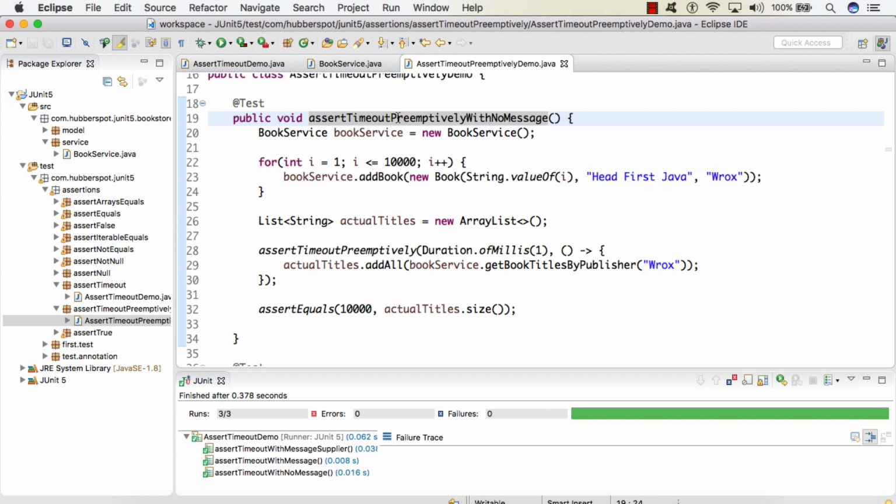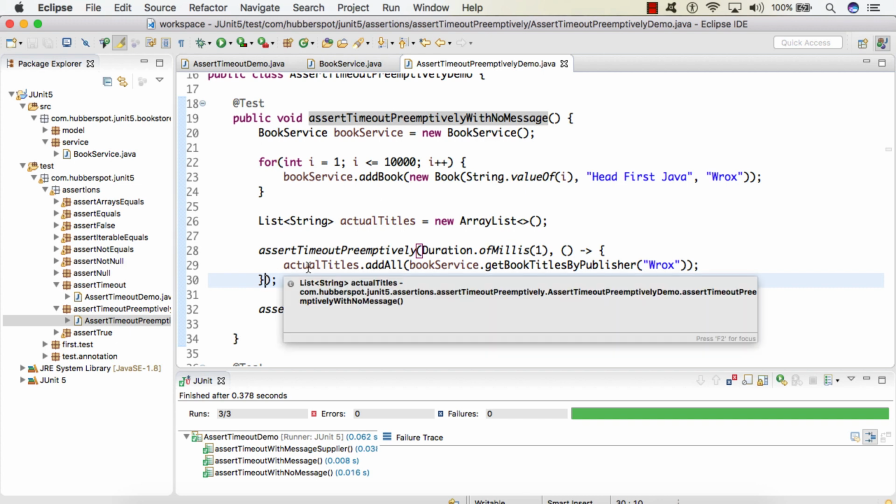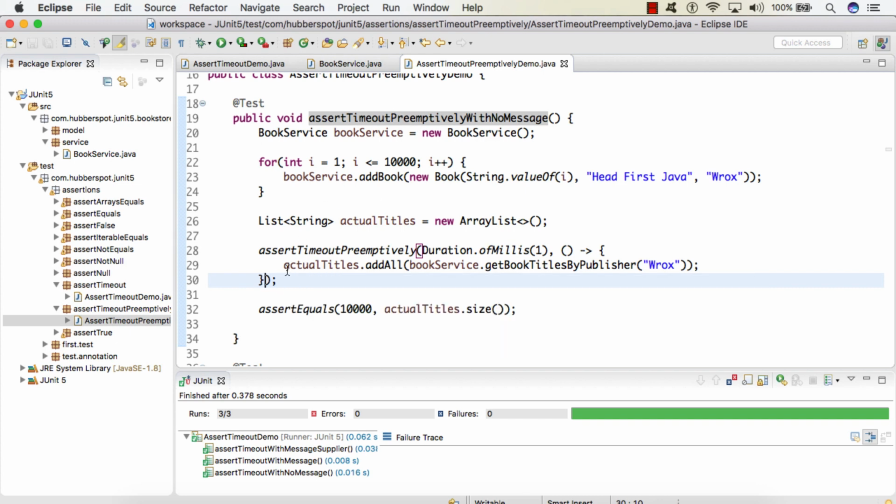So friends, assertTimeoutPreemptively and assertTimeout work very similarly, but the only difference is that the executable code in assertTimeoutPreemptively runs in a different thread. As it is running in a different thread, as soon as the 1 millisecond time is reached, this executable is aborted and our assertion fails. So we get the result in 1 millisecond only.